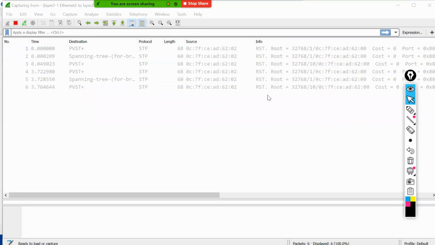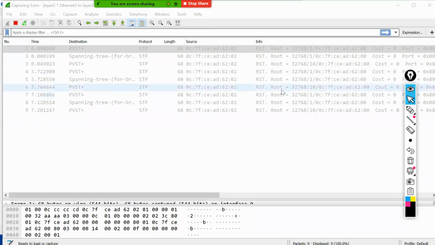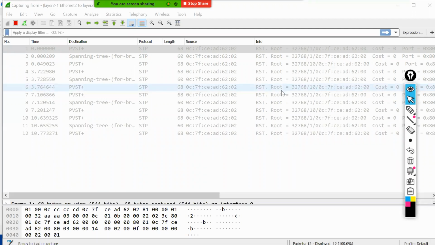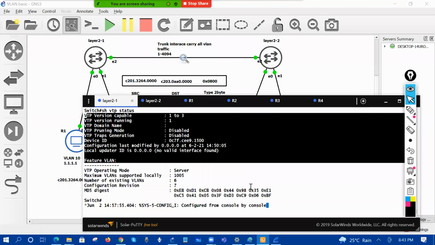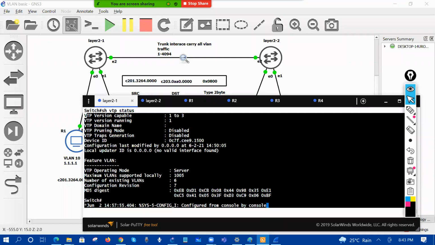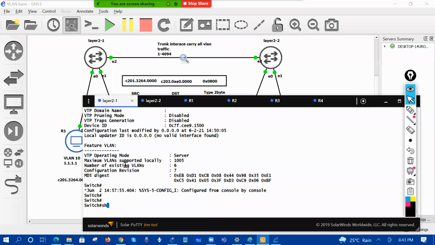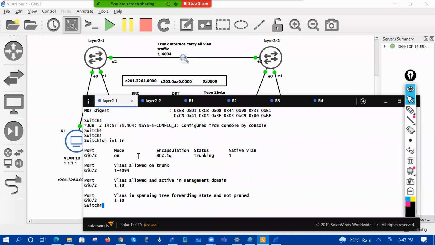Are you able to see any VTP packets over there? No. VTP is enabled, but you are not able to see any VTP packets. The reason: if you look, this interface is a trunk, right? So it can send. But the thing is that